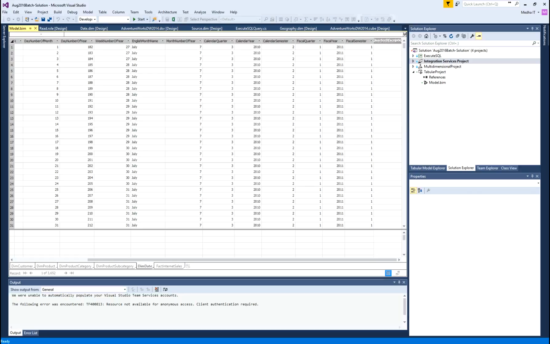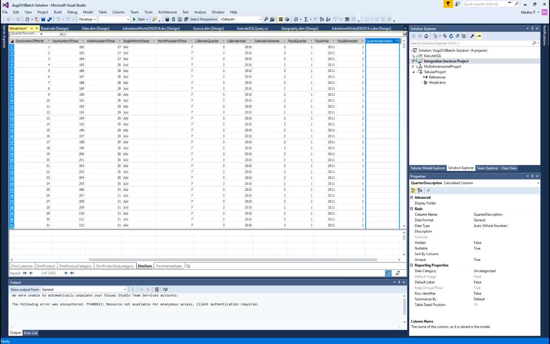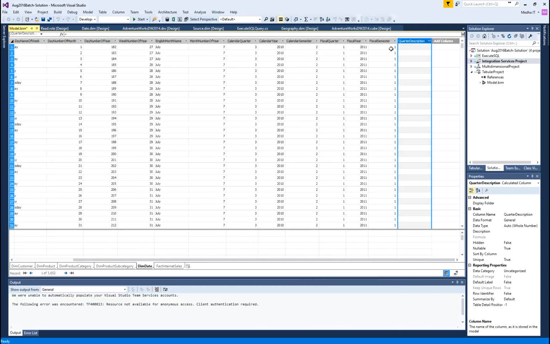I will just say quarter description. So, I am creating a new column here, and what is my expression for the column? I put the expressions here. So, it is similar to Excel expressions. Okay. So, the expression would be Q